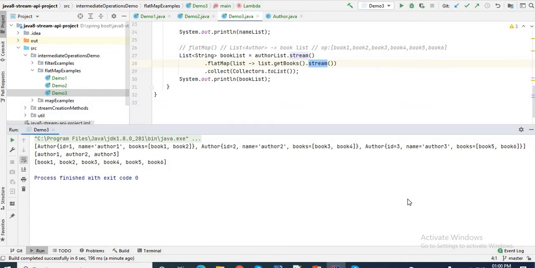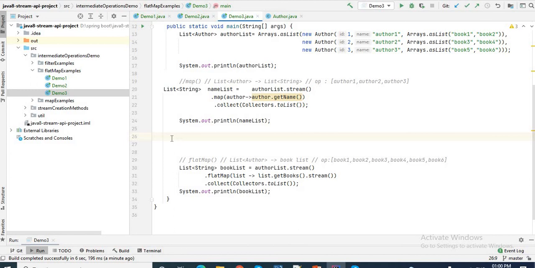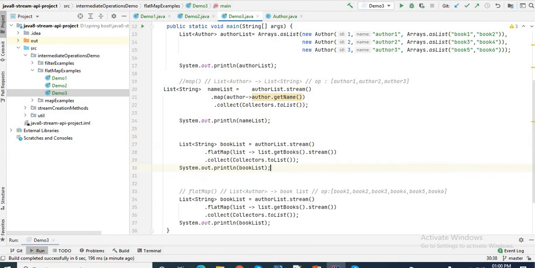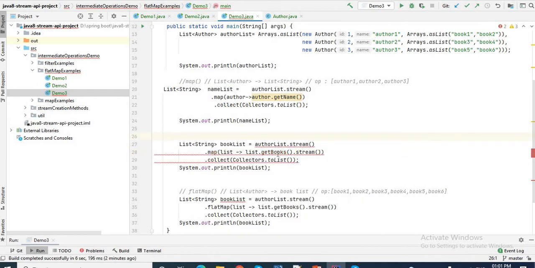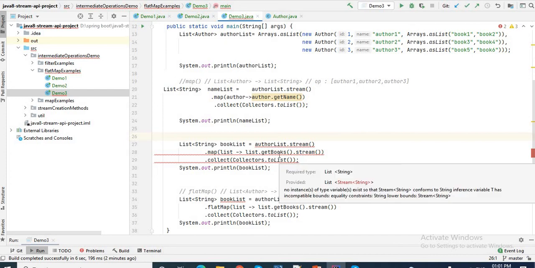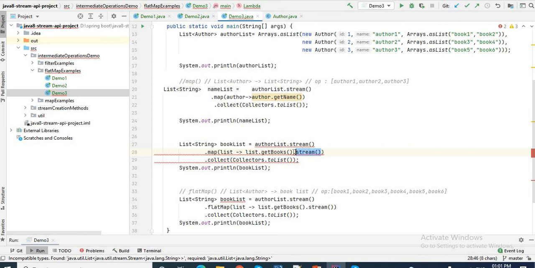So if I use map, how will I get the data? Please mark here. Let's say instead of flat map, I'll use map here. Map will take a single value only, not a stream of values, so the stream will not be there.